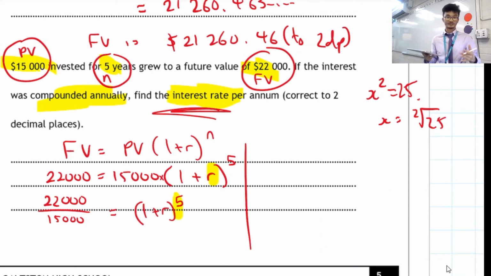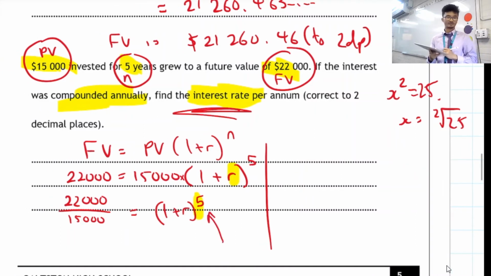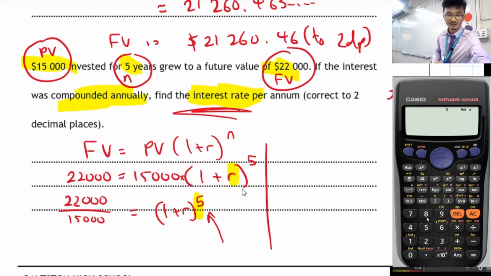The opposite of squaring something is the square root. So we can do the exact same thing here. Instead of the square root, we'll take the fifth root. And that's something you can do in your calculator as well. If I just bring up your calculator, we can say, I want to do 22,000 over 15,000. And what is that, by the way? Okay, 22 and 15. And then we want to take the fifth root. The way you do that is you can go to this section over here, and it will come up with the fifth root over there. So we'll go,